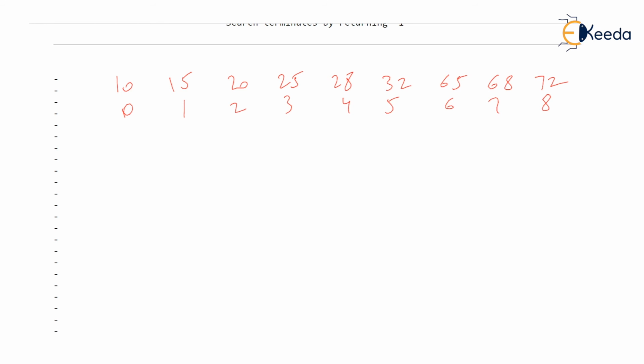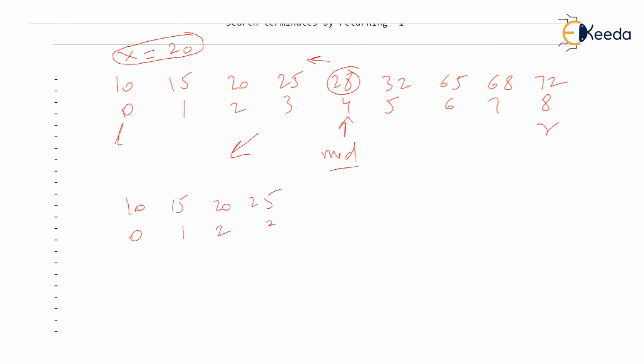Search this value. Then first things first, left is 0 and right is 8 and the midpoint is 4. And we just check, is mid storing 20? It isn't. But then where should 20 be? 20 should be to the left. So what we are doing in fact is that we are taking this left partition 0 to 3 and we are saying I am now going to search 20 only in this partition and we are going to drop this right partition because 20 can't be there in the right partition.